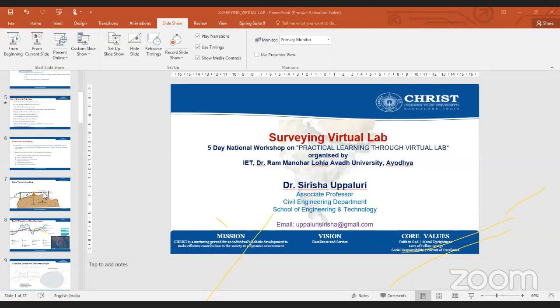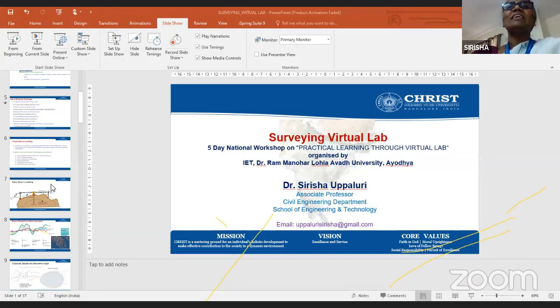Ma'am, there is one more question from Manish Dev. He is asking, in flying leveling we check accuracy, but if there is an error in the transfer of benchmark, then how do we check accuracy? Transfer of benchmarks, see, at a local scale, it won't differ much. It won't affect much.